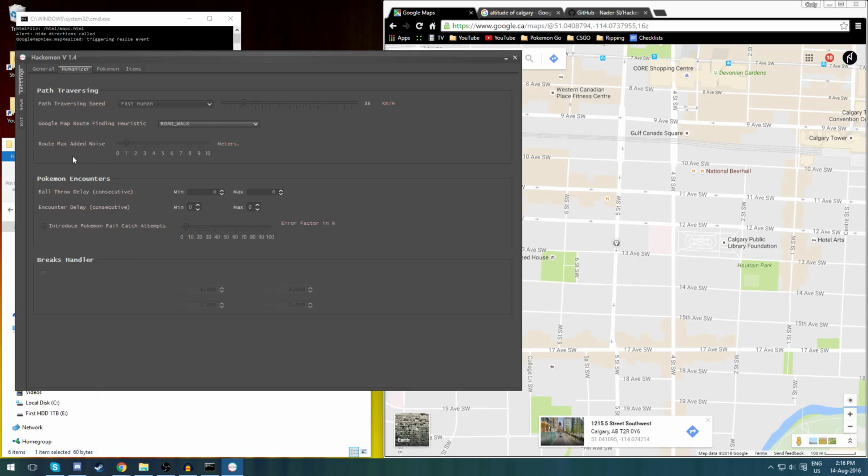The third setting in path traversing is route max added noise. This basically means it won't walk in a perfectly straight line, and I like to put this around 3 to 5 meters. Alright, for the next setting it is Pokemon encounters, and the first setting in Pokemon encounters is the